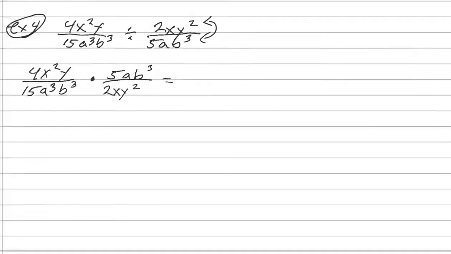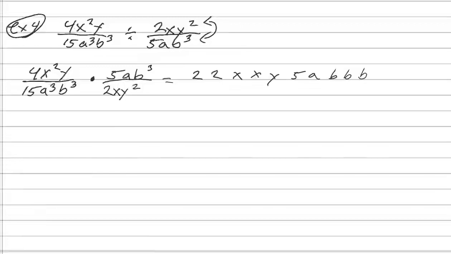Scroll up so we just have this example. If you technically look at the top, I have 2 times 2 times x times y times 5 times a times b times b times b. So we have a lot of prime factors up there. On the bottom of this,